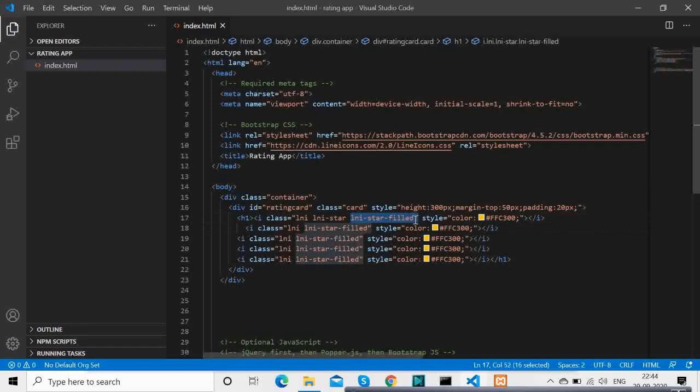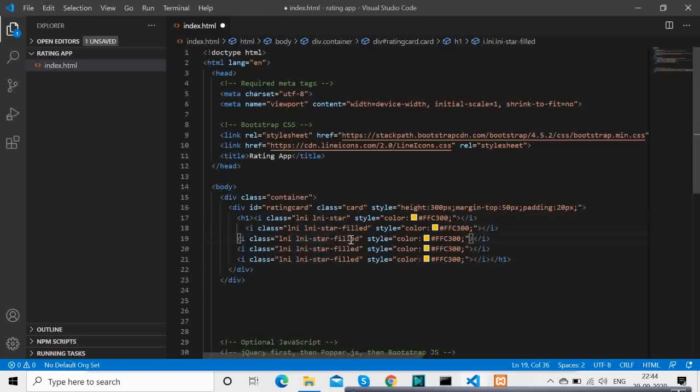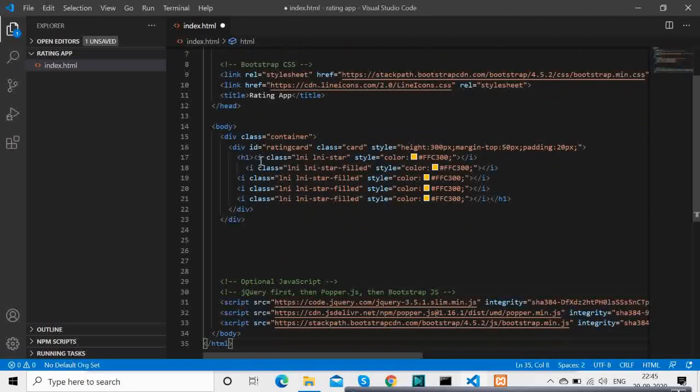We will be manipulating these things using JavaScript, because we want these effects to take place when someone clicks on that. Before that, I'm checking which part of the class should be added or removed, and that's what I was doing. This is the filled part of the class.